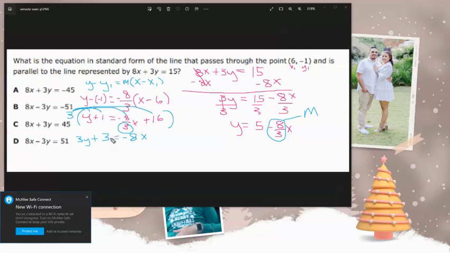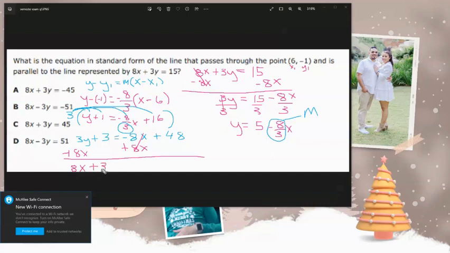And then 3 times 16. I don't feel like thinking, so I'm going to grab my calculator. 3 times 16 is 48. Plus 48. Now I need to move x to this side, and I'm going to need to move the 3 to this side. So I'm going to add 8x to both sides. Let me do this back in pink. Plus 8x, plus 8x. So now I'm going to draw a line. It cancels out my 8x's, and then I'll have 8x